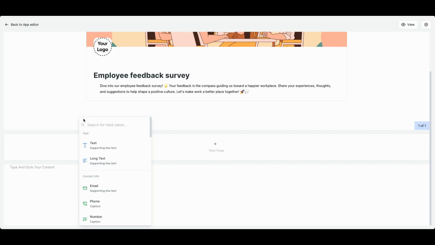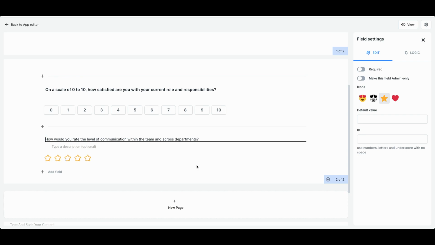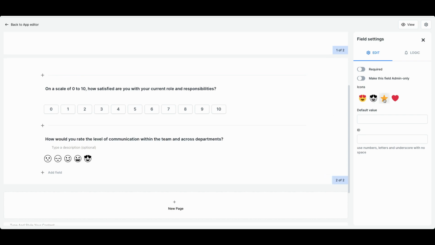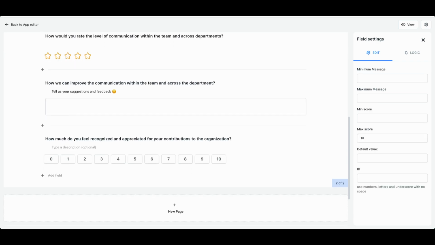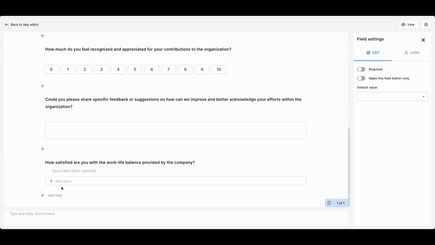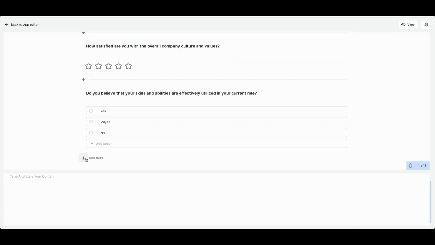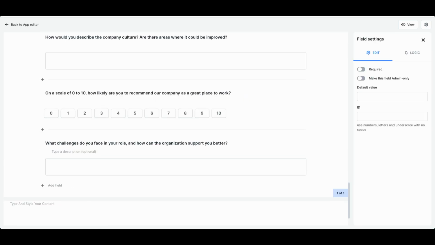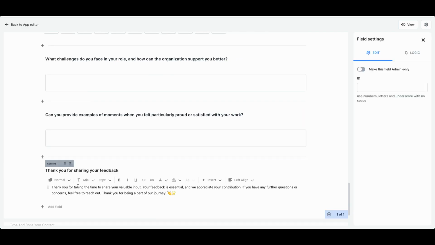Now let's start adding our fields. There are multiple field options that you can choose between, and also you can customize them. After you have added the fields that you need, you can add your final message into a content field